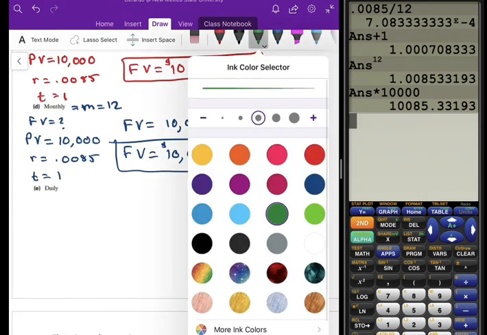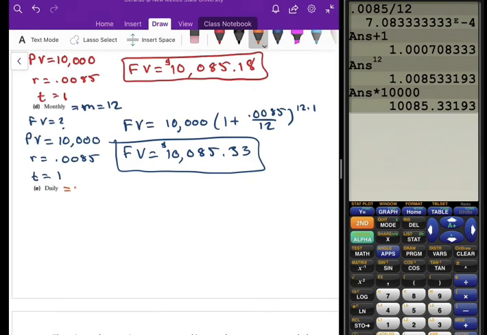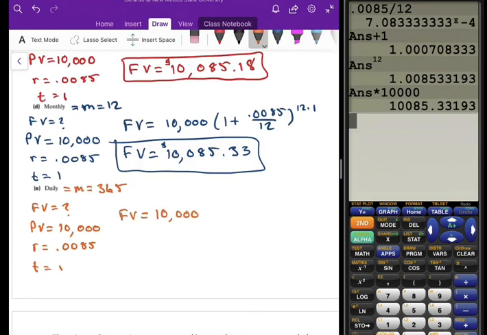Finally, daily means that m is equal to 365, because that's daily. So I have future value, which is what I'm still looking for. We have present value, which is still 10,000. My rate is still 0.0085. Time is equal to 1. So I have future value equals 10,000 times (1 plus